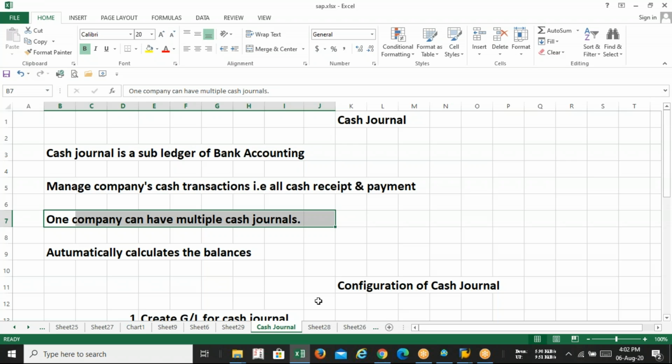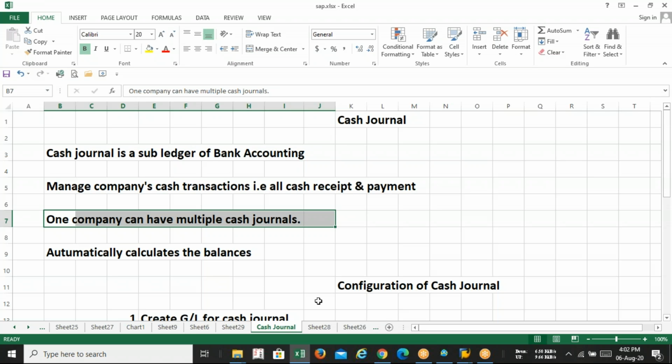So at least 2 cash journals ITC has to maintain to record all the cash receipts and payments at the branch level. If a branch has different departments, ITC can create more cash journals also.